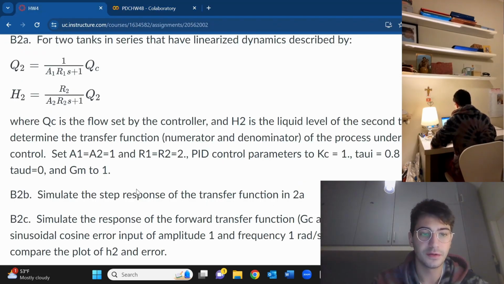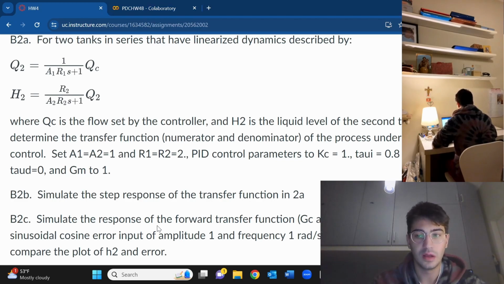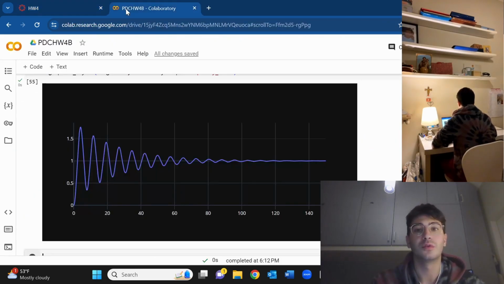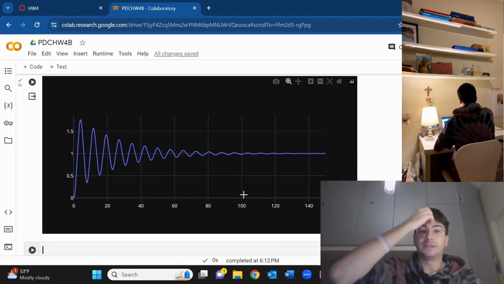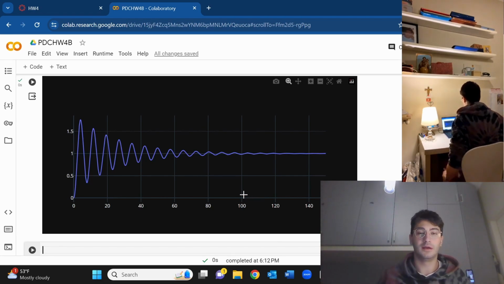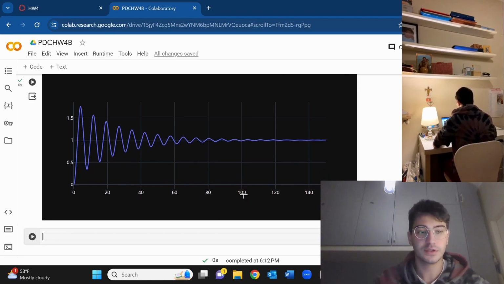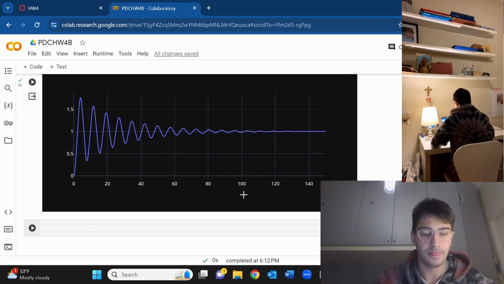And for our next and final step, we want to plot it with an amplitude of 1 and a frequency of 1 radians per second for the plot of H2 compared to the error. So let's go ahead and do that. So how might we simulate this, you might ask? Well, we're going to use this function called, I think it's